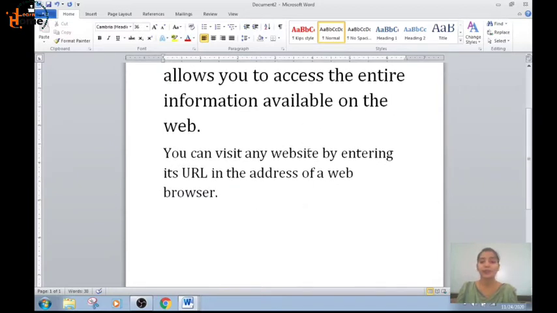In the same way you can insert the text also. If you want to start writing from here, you place the cursor and start writing. I have started typing. Wherever you place the cursor, from there your typed text will appear.